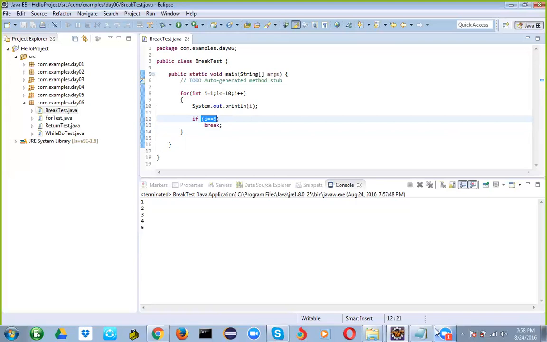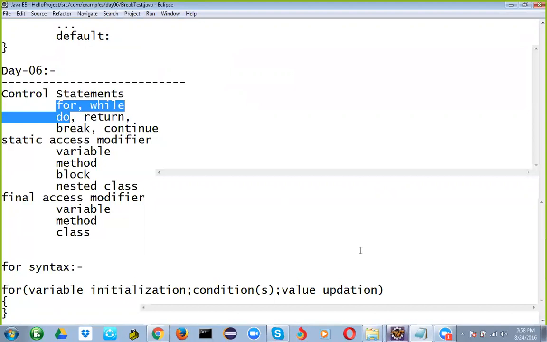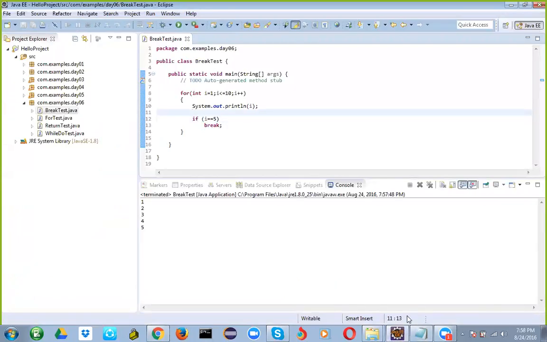The same thing you can use in a while loop or do while loop. Now, continue. Continue is also something similar, for controlling your statements. It can be used with these three: for, while, do while. So while using continue, what happens is, let's say,